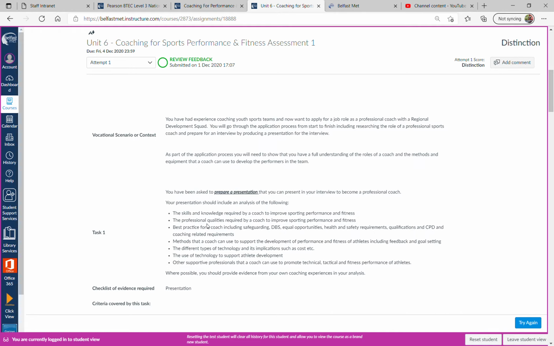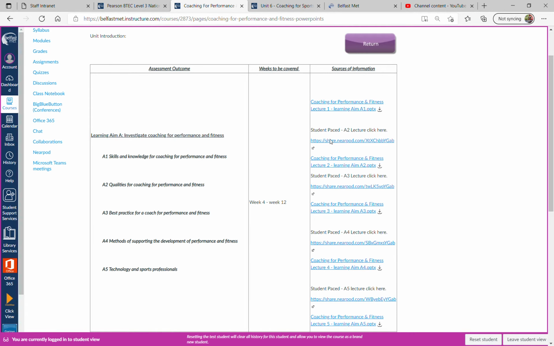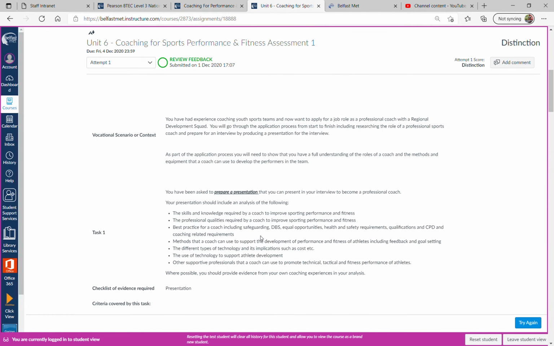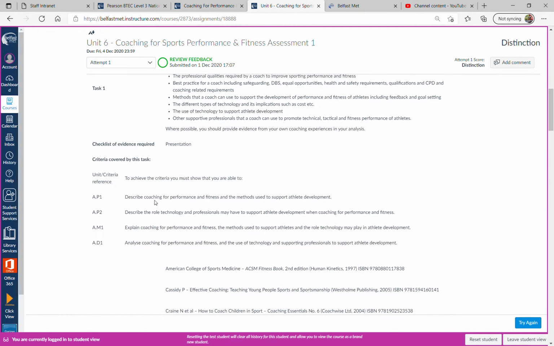So all the information you require will be found in these PowerPoint presentations. Okay, so all the information is going to be in there when you are ready to do it, and these are your criteria. So when you look to analyze coaching, this is the distinction criteria. We analyze the coaching for performance and fitness and the use of technology and supporting professionals which help